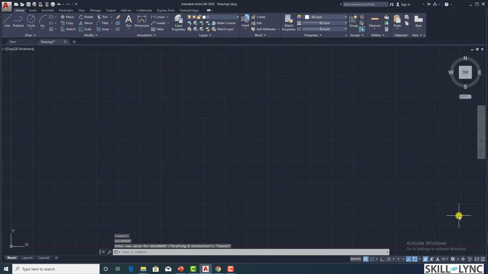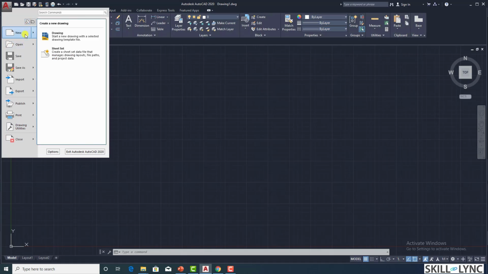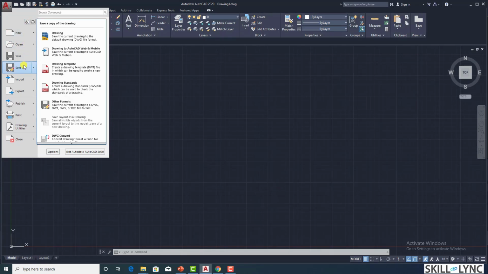Alright, now let's see what the various key areas are that we need to look at. So this is your drawing space where you will execute the drawings, and the first and foremost location where you will process the files is this one, the big A for AutoCAD here. You have all your file related commands listed here. You have the new file, open file, save as in a different format.